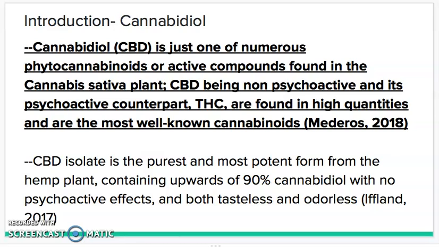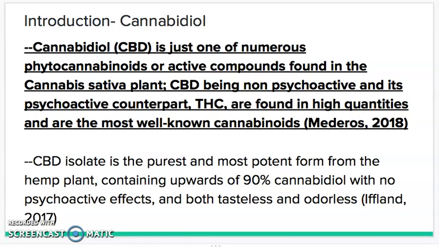Next is cannabidiol. This is one of the two natural things that I chose to work with in my project, as I will get into later when I discuss exactly what I did. But cannabidiol is actually one of the most numerous phytocannabinoids, or active compounds, found in the Cannabis sativa plant. There's a lot of research going on with CBD oil and how it is the most potent and purest form of the hemp plant, containing upwards of 90% cannabidiol with no psychoactive effects, and is both